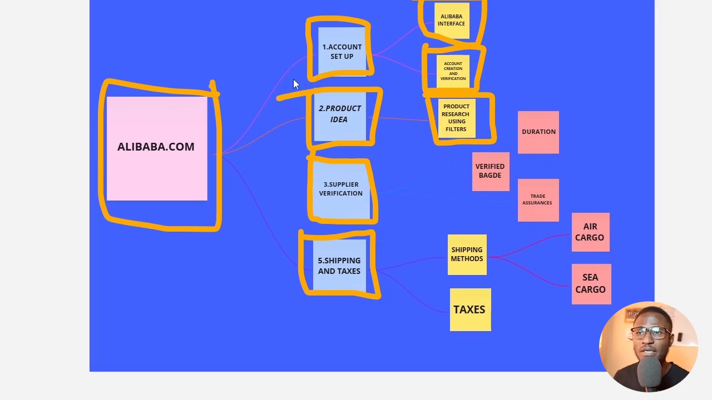This is very, very important. I can't emphasize it enough. Literally, people normally make mistakes here. When it comes to shipping and taxes, they don't know what to do, and they literally end up spending lots of money or perhaps losing their products because maybe they have used the wrong shipping method. They don't know how to calculate their taxes. So I'm going to show you